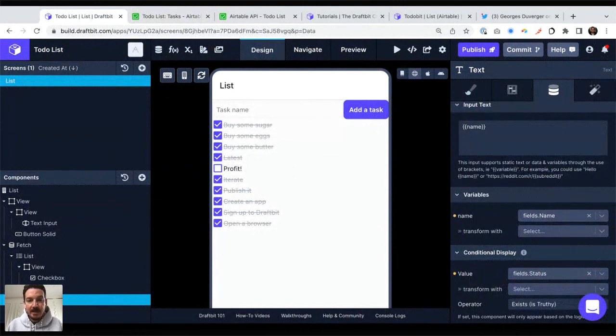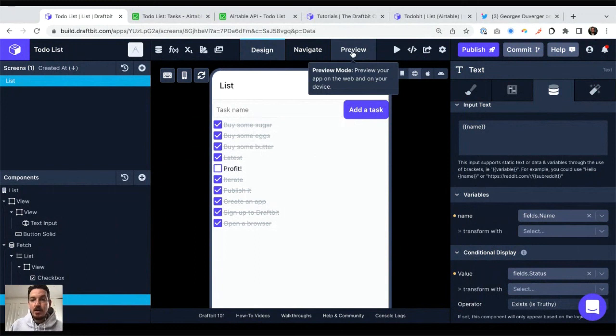And I think I'm going to stop here in terms of features. Again, the two things we don't have right now are editing a task and deleting an entire thing. I think if you made a typo, you made a mistake, you didn't want it, you probably won't edit. So those will follow the same kind of process or workflow that we did for the other endpoints. Before I go though, I do want to show you a couple of things specific to Draftbit.